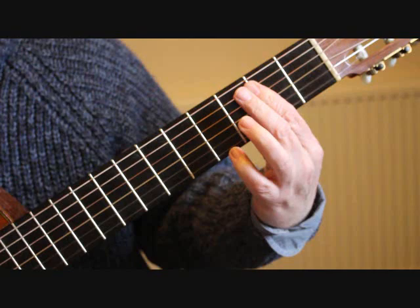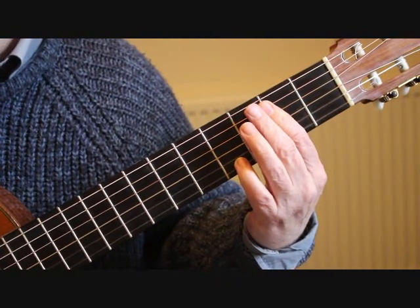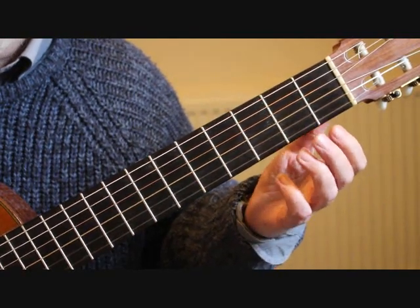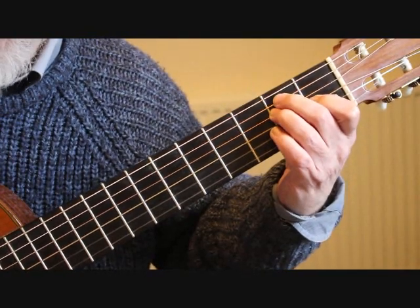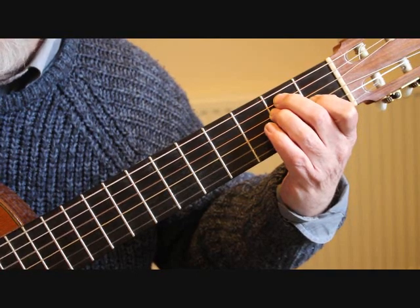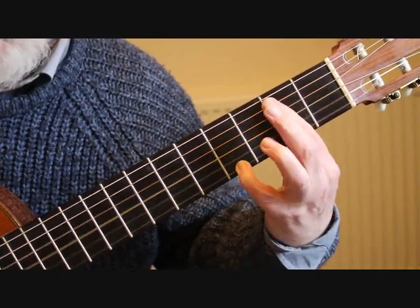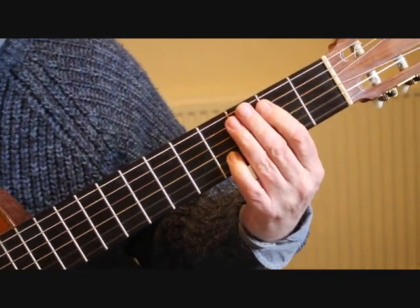Into bar 54, we're back to our E major arpeggio that we played in bar 52, but with one slight difference, in that on the very first part of the beat we're playing the 6th string and the 1st string together, and then we continue across with the arpeggio. So we're playing the 1st and 6th string together, 5th, 4, 3, 2, 1, just as before, and we're repeating just as we did before. So from bar 52 we have